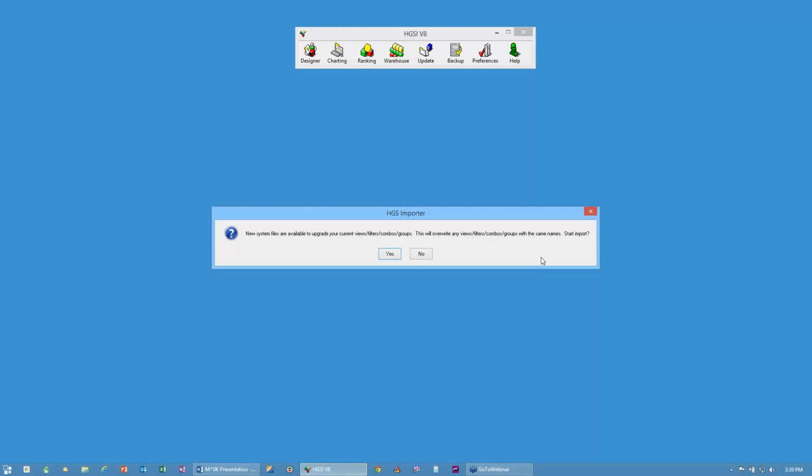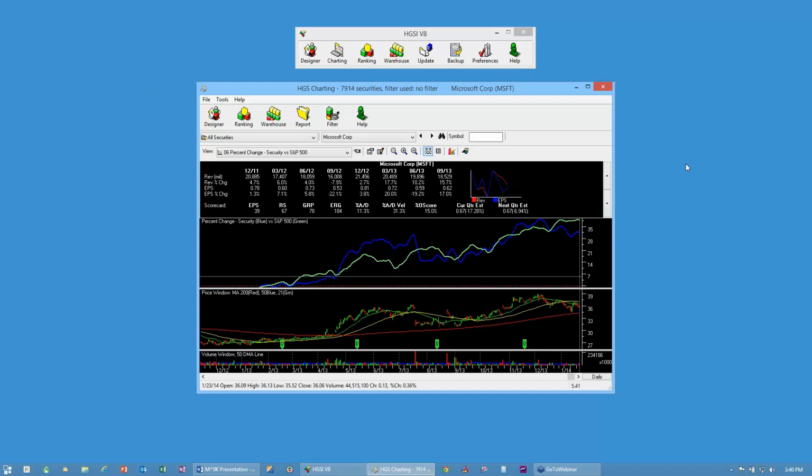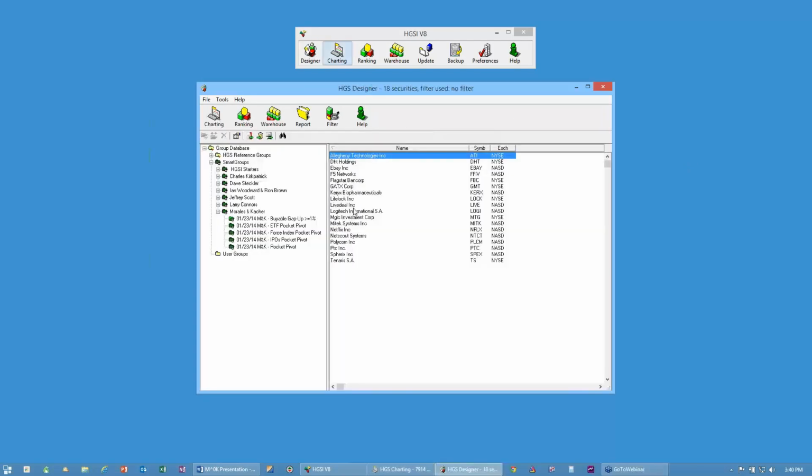Just remember, if you alter any of the original views, filters, or combos, and you do an add-on update later, you will overwrite your changes unless you change the name of the original. So that's all there is to it. The import was complete. Now let's go back to that designer, and let's just stick with these Bible gaps up,